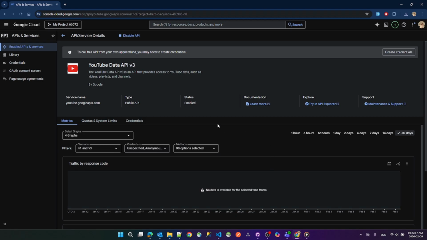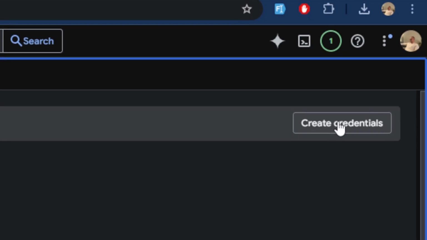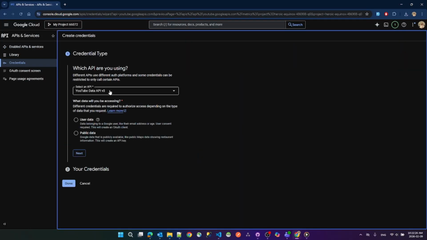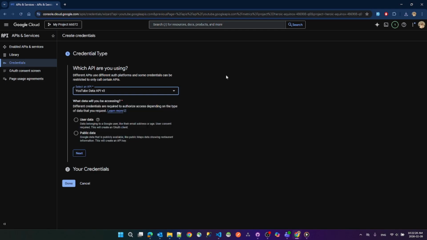There is just one last step to get our actual API key. In the top right corner, click the button that says Create Credentials. Name your API credential. I'm going to leave mine as the default, and then make sure to check Public Data. This ensures you don't need to set up a complicated consent screen. Click Next